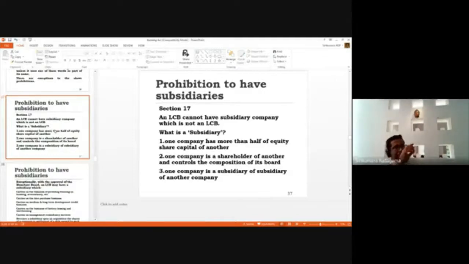Company A has a subsidiary which is called B. B has a subsidiary which is called